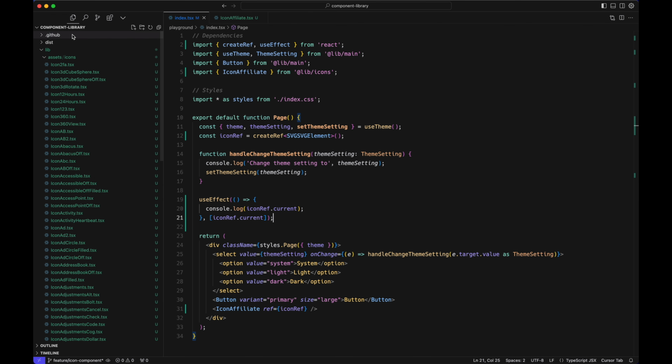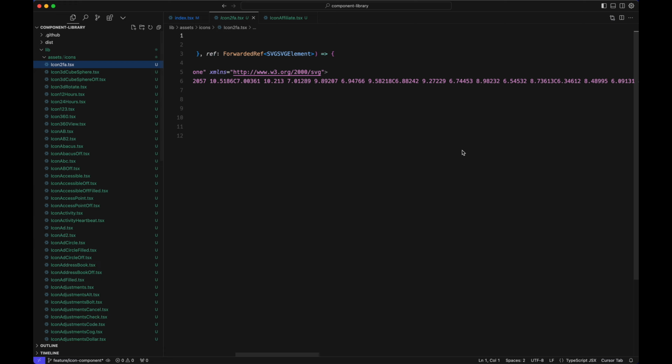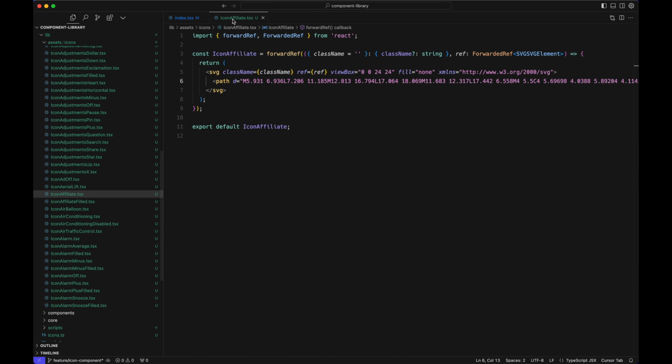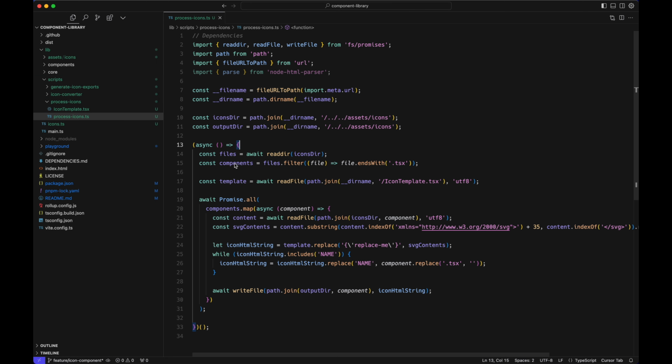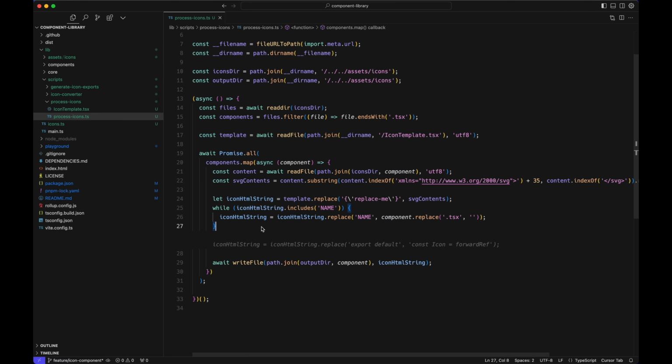Nice. So now that we see that, I actually forgot about the stroke width and all those, we can actually use this as a little fix in the process script to fix these real quick before we finish up the video. So in our process icons, we want to go into our icon HTML string here,